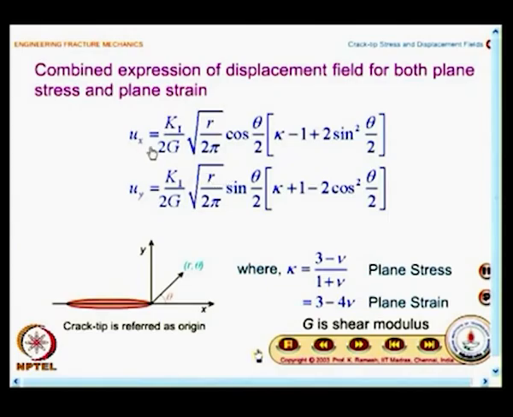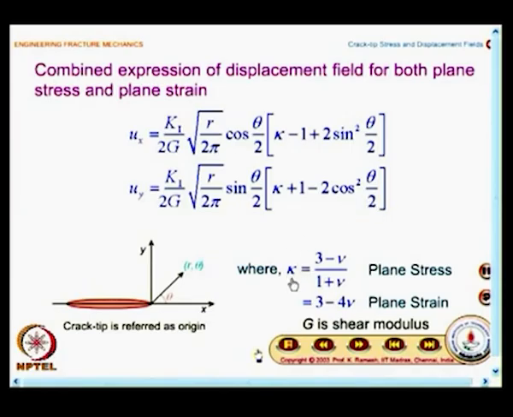U x is given as K1 by 2G root of r by 2 pi cos theta by 2 multiplied by, this is not K, it is to be understood as kappa, kappa minus 1 plus 2 sin squared theta by 2. Then you have u y equal to K1 by 2G root of r by 2 pi sin theta by 2 multiplied by kappa plus 1 minus 2 cos squared theta by 2,